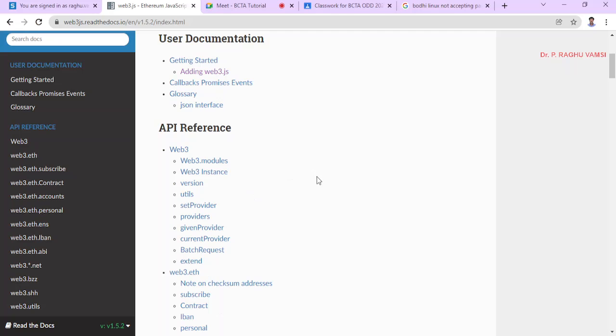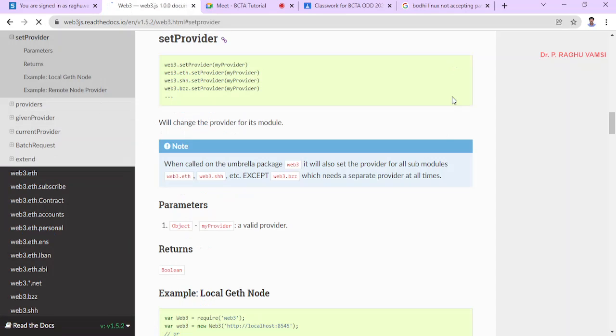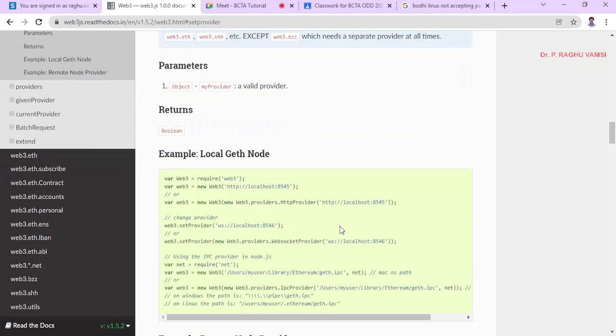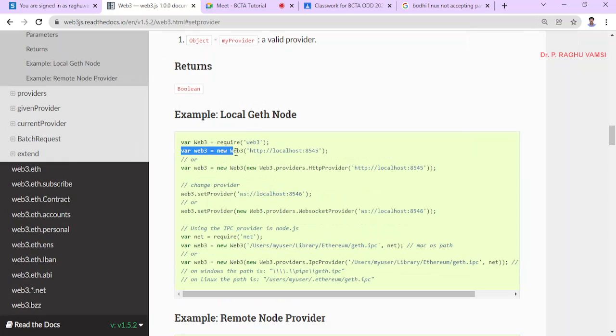Then with that URL we can use packages like Web3 utils and set providers. The set provider means the web link that was given. For example, var Web3 = require('web3'), and now var web3 = new Web3 of http://localhost:8545.